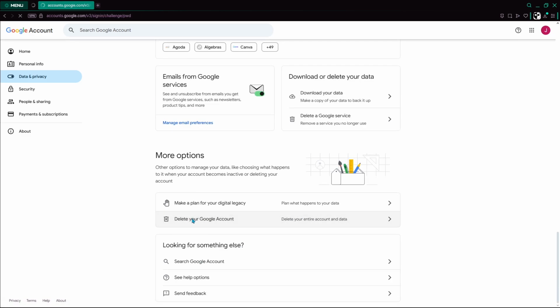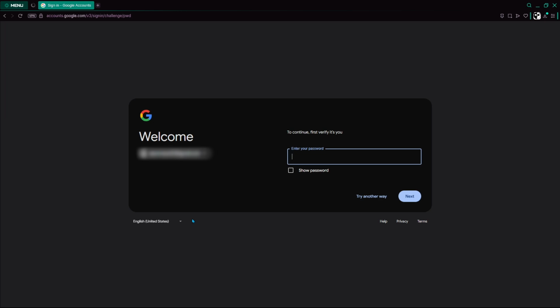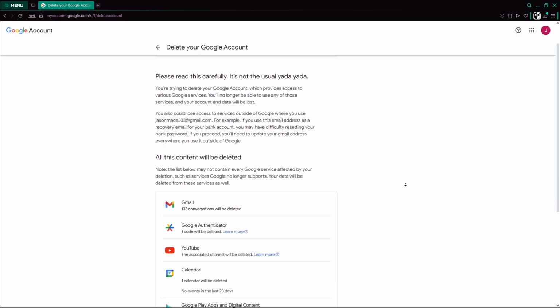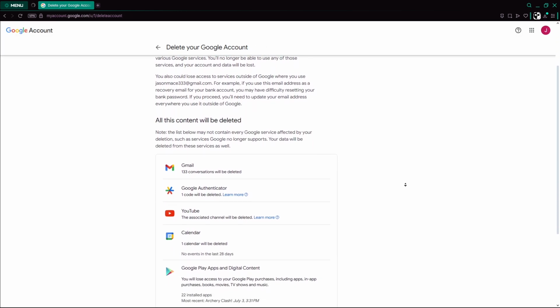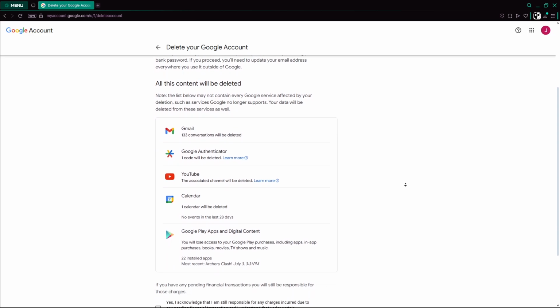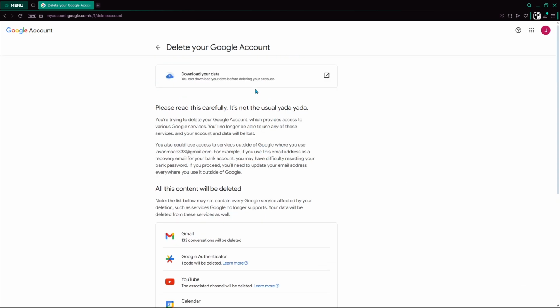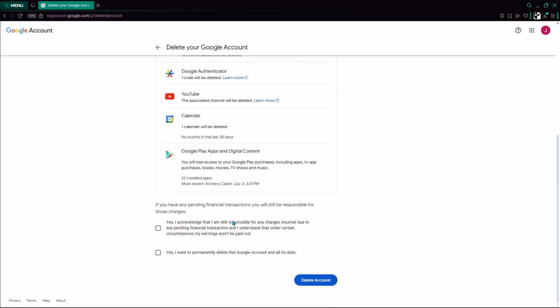You'll be asked to enter your password again for security. After that, Google will show you a list of all the services and data that will be erased. If you want a copy of your files before deletion, click on the link to download your data through Google Takeout. Next, check the boxes to confirm that you understand this action is permanent and that you'll lose access to